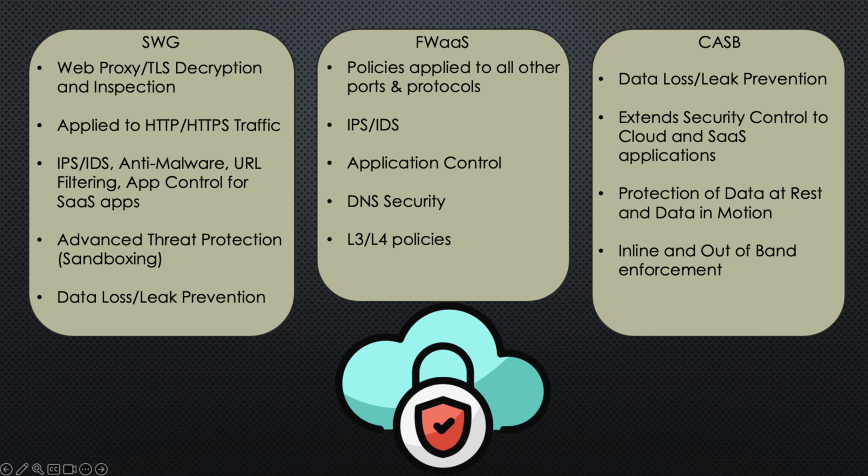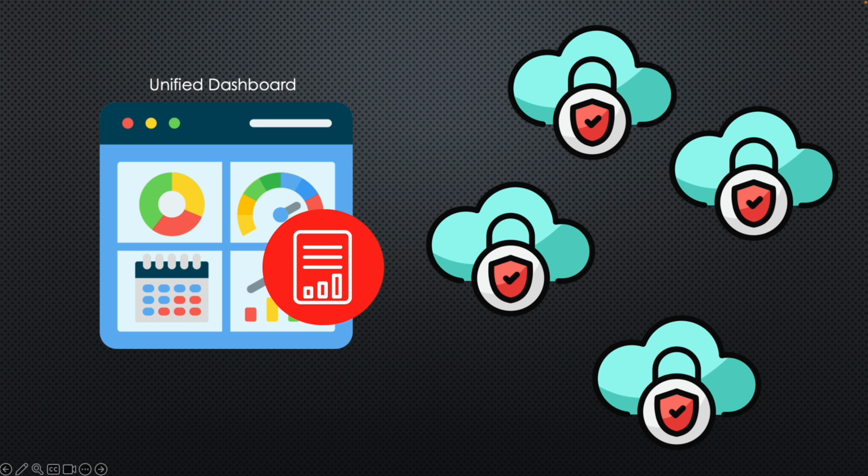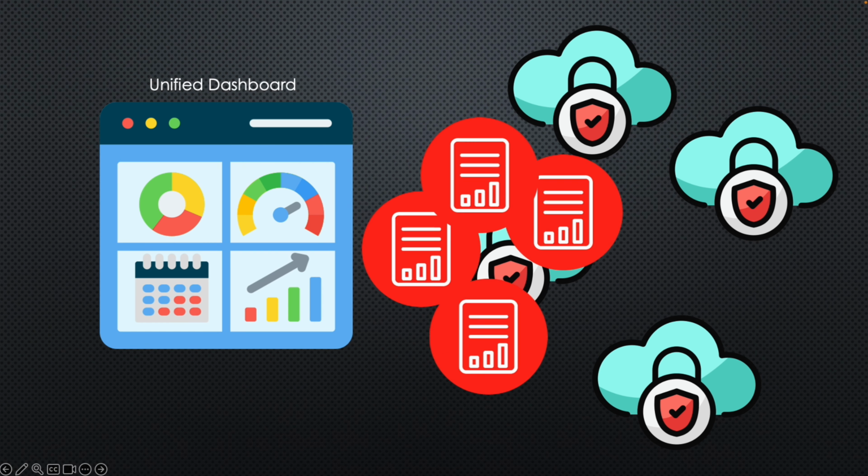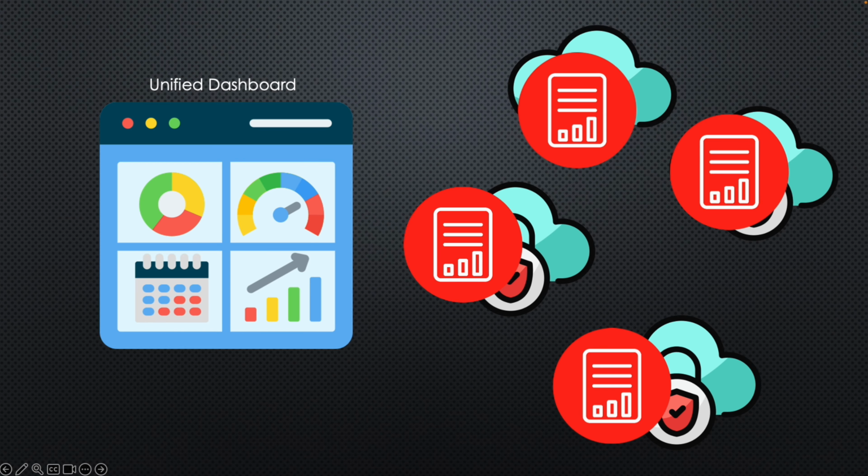We use CASB to limit what a user can do within SaaS applications. We don't own the application anymore, but we want to prevent certain users from being able to download or delete data from our OneDrive. That's where CASB comes into play. This all gets enforced within our SASE POPs, and it's a consistent user experience regardless of where the user is coming from. If we take a look at the ops side, it's a single policy, single dashboard. Our ops team creates these policies. They click commit, and this propagates across the entire SASE fabric.